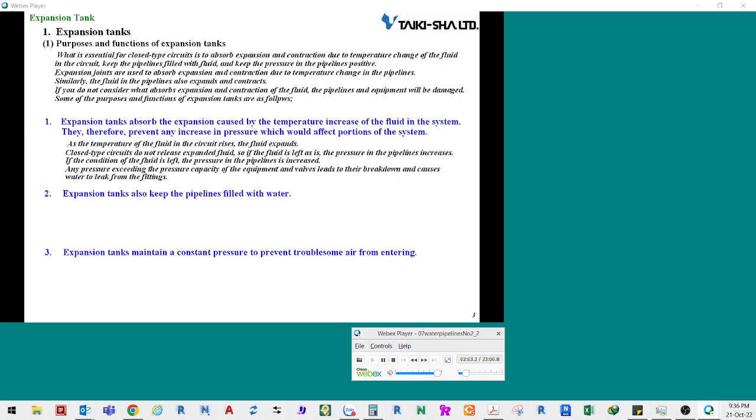In regards to subheading 1, as the temperature of the fluid in the circuit rises, the fluid expands. Closed-type circuits do not release expanded fluid, so if the fluid is left as is, the pressure in the pipelines increases. Any pressure exceeding the pressure capacity of the equipment and valves leads to their breakdown and causes water to leak